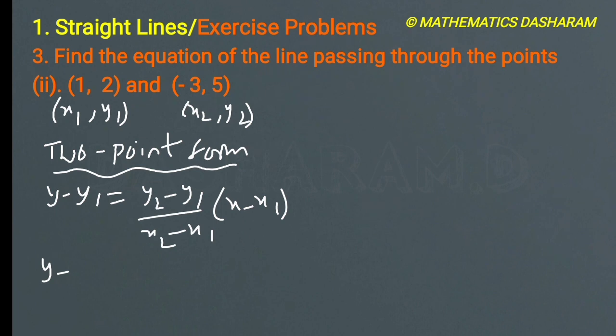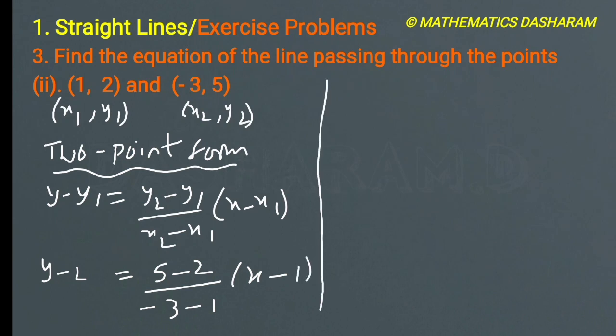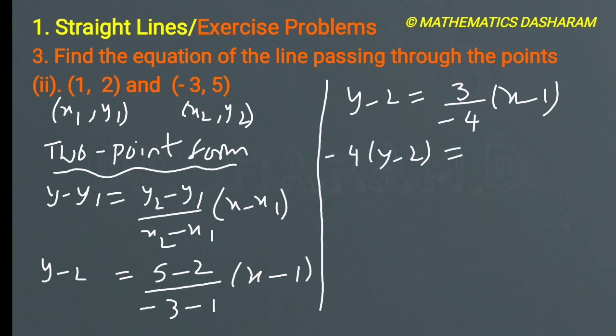So y minus y1 is 2, y2 minus y1, 5 minus y1 is 2, divided by x2 value minus 3 minus x1 is 1, bracket of x minus x1, that is 1. So y minus 2 equals 5 minus 2 is 3, divided by minus 4, into x minus 1. Minus 4 on the left side, so then it will multiply with y minus 2, next to 3 into x